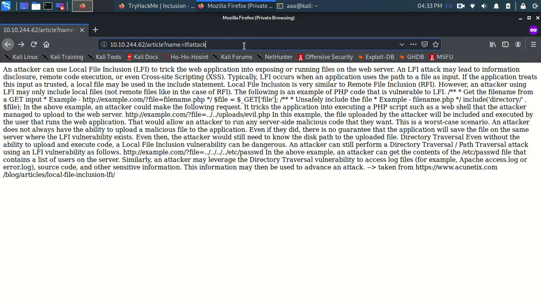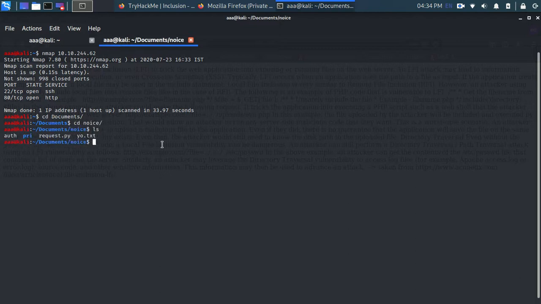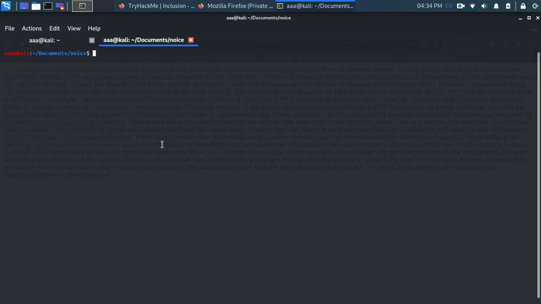So for example, the nmap scan showed 2 ports open, SSH and HTTP. Let me show you the use of this thing. Let me go to documents and then to a folder known as noise. My documents contains 2 directories, noise and ttt.